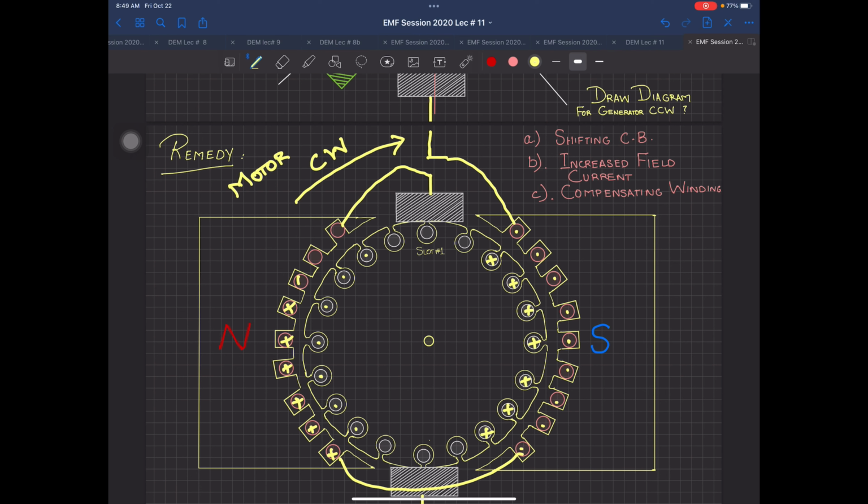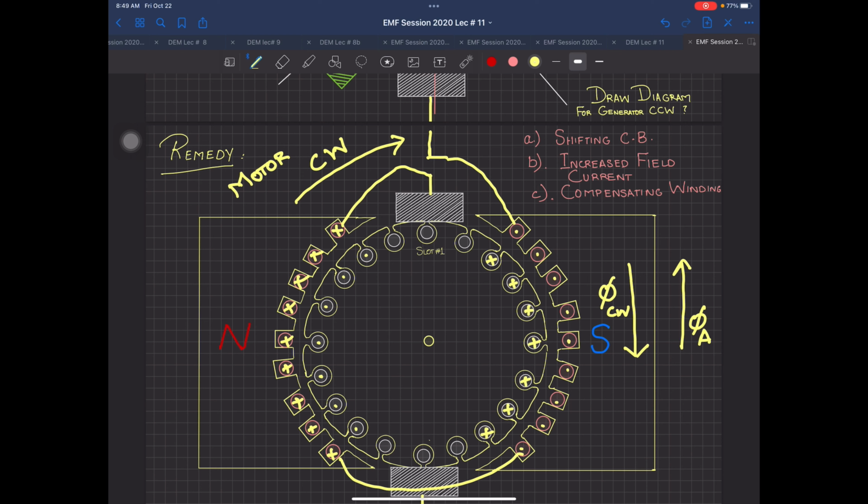Now what is going to happen? You are now going to have no phi A. Previously, if you use this right hand rule, your phi A was up. So now what is happening? Your phi A is producing up over here, but the winding which is done on the pole face over here is going to create a flux which we are going to call phi CW, compensating winding flux, and they both are almost equal to each other. Almost equal, I'm not saying exactly, almost 80 to 90% equal. So the effect would be that there will be no change in the magnetic axis or magnetic neutral axis.